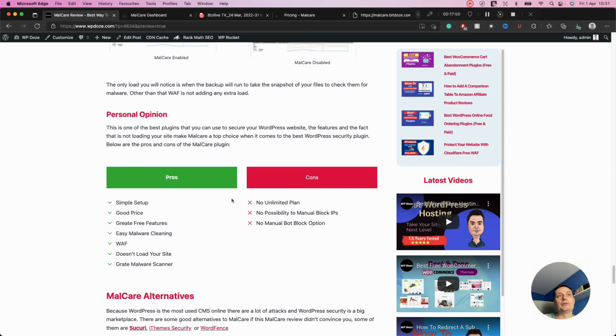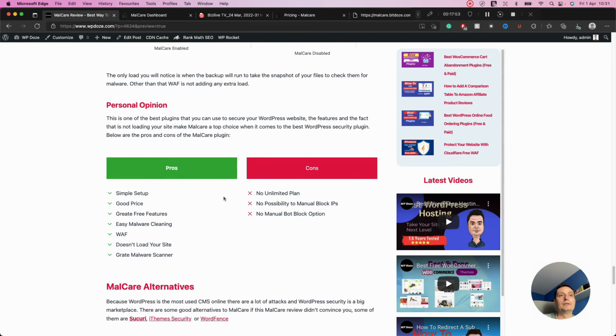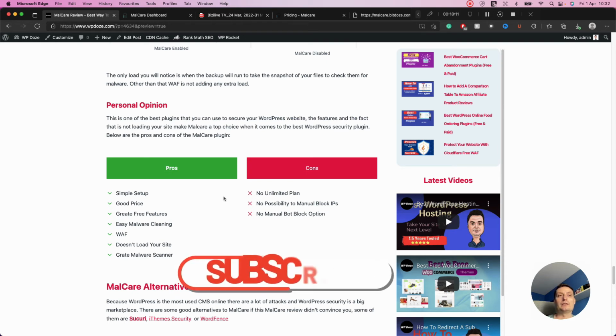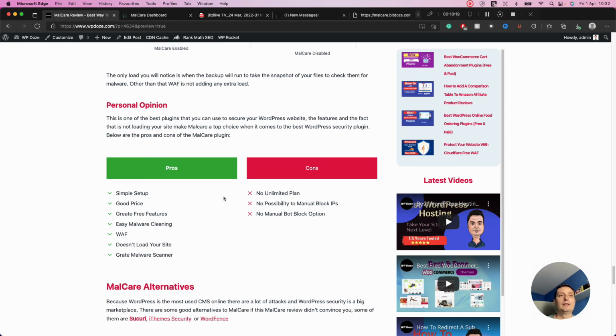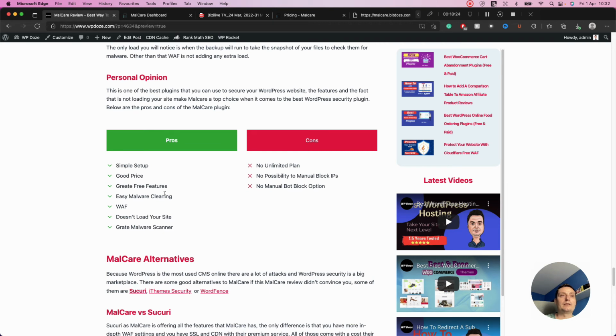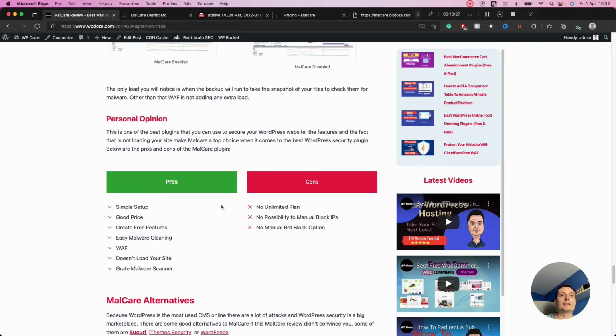In here, I've put some of the pros and cons. Some of the pros of this plugin is that the price is very good, it's very simple to use and activate. You just activate it with one click. You have also the free option that is doing the monitoring for you. So in case you don't want to pay money, you'll be notified in case your WordPress website is hacked, and you can clean it up yourself. You have also the firewall that is activated,